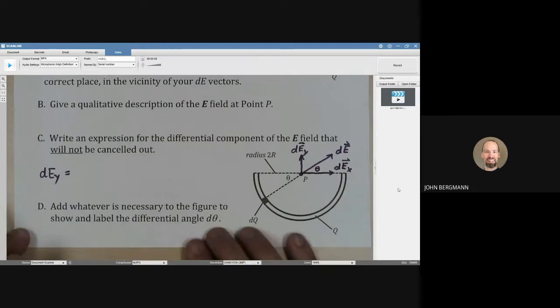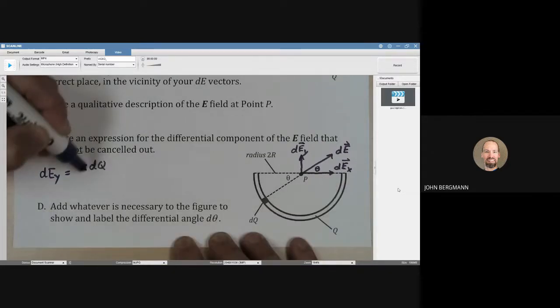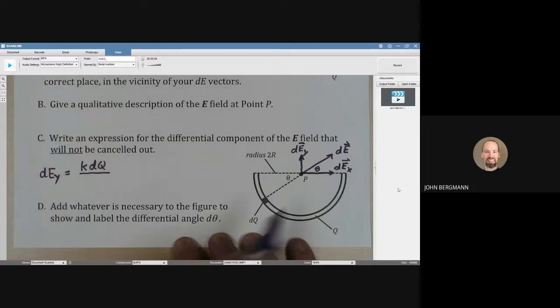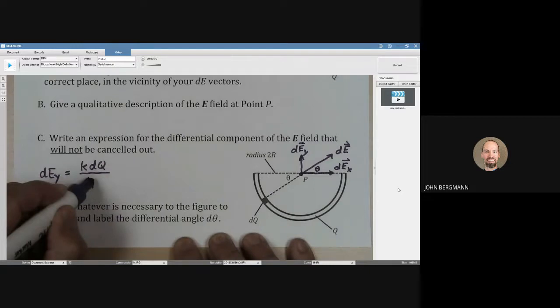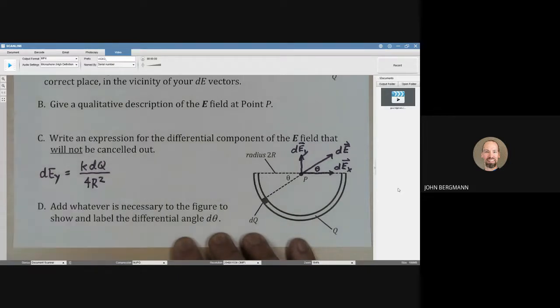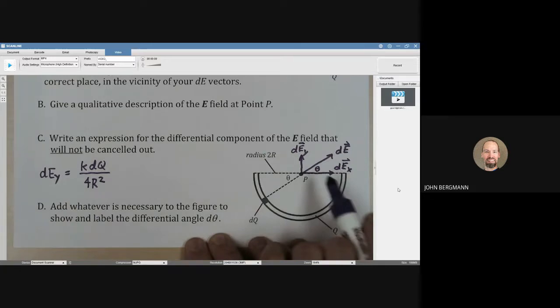Well, it's equal to dE times the, what would this be, sine of theta. dE is k dq over the distance squared. The distance away is 2r, so 2r squared is 4r squared. That would give us dE, but we don't want dE, we want dEy, so we need to multiply by the